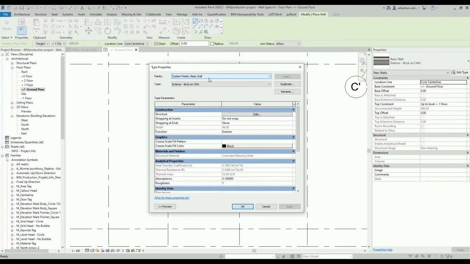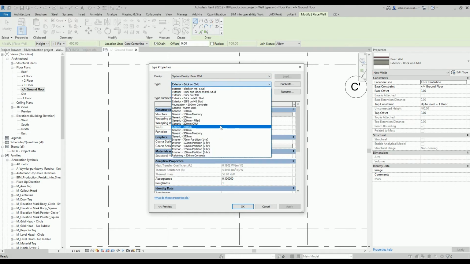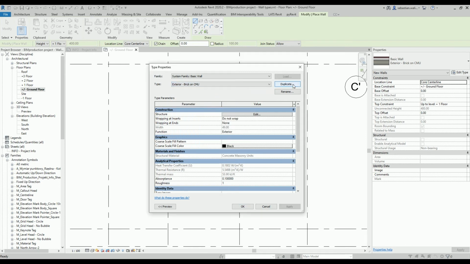Family is system family Basic Wall, and type Exterior Brick on CMU. In our template, which we loaded in our project, there are many types of walls, but I would like to create a new one based on Exterior Brick on CMU, and I will choose to duplicate,